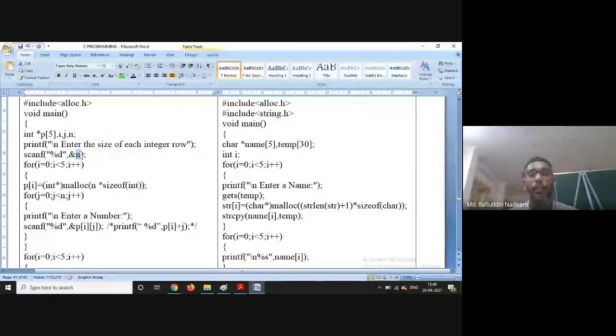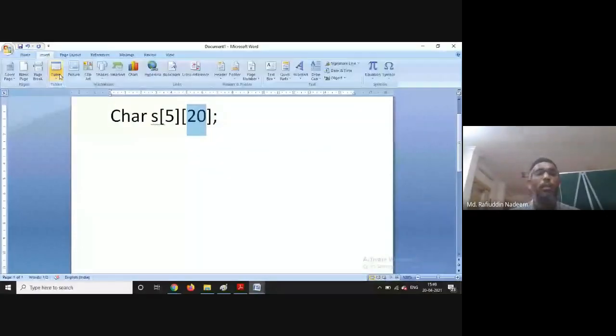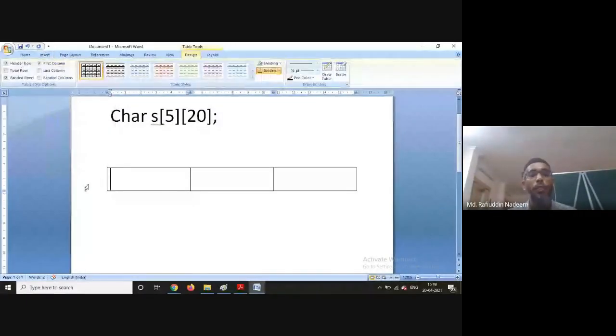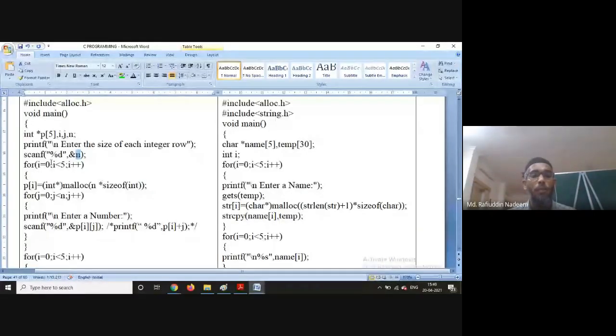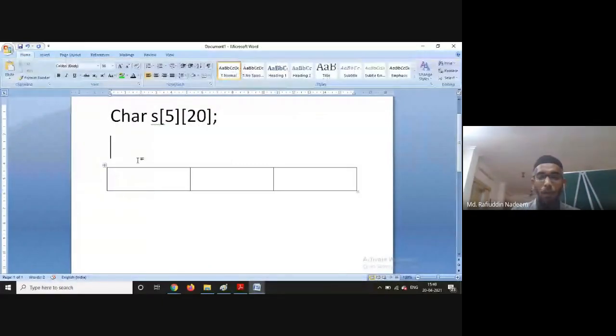Then an array of size 3 is created, and it is pointed to by p[0]. p[0] means p[0][0], p[0][1], p[0][2]. This is p[0]. It is pointed by p[0].